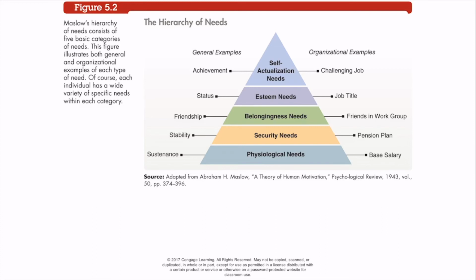Now, the last slide we're going to look at today is the hierarchy of needs. And you see here the physiological needs. These are the base needs. And as the pyramid goes higher, as needs go higher, the amount or the scope becomes smaller. The largest needs that you're going to have to worry about are the physiological needs. That may mean base salary. That may mean other things that provide just your survival needs.